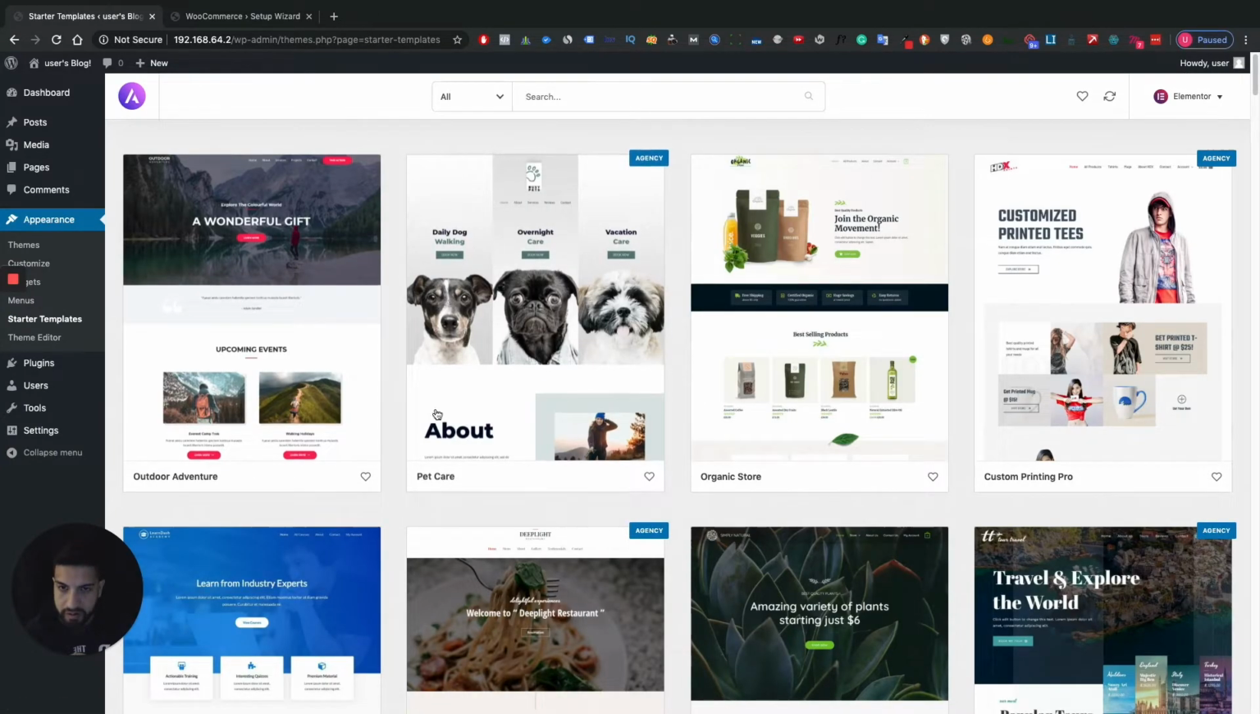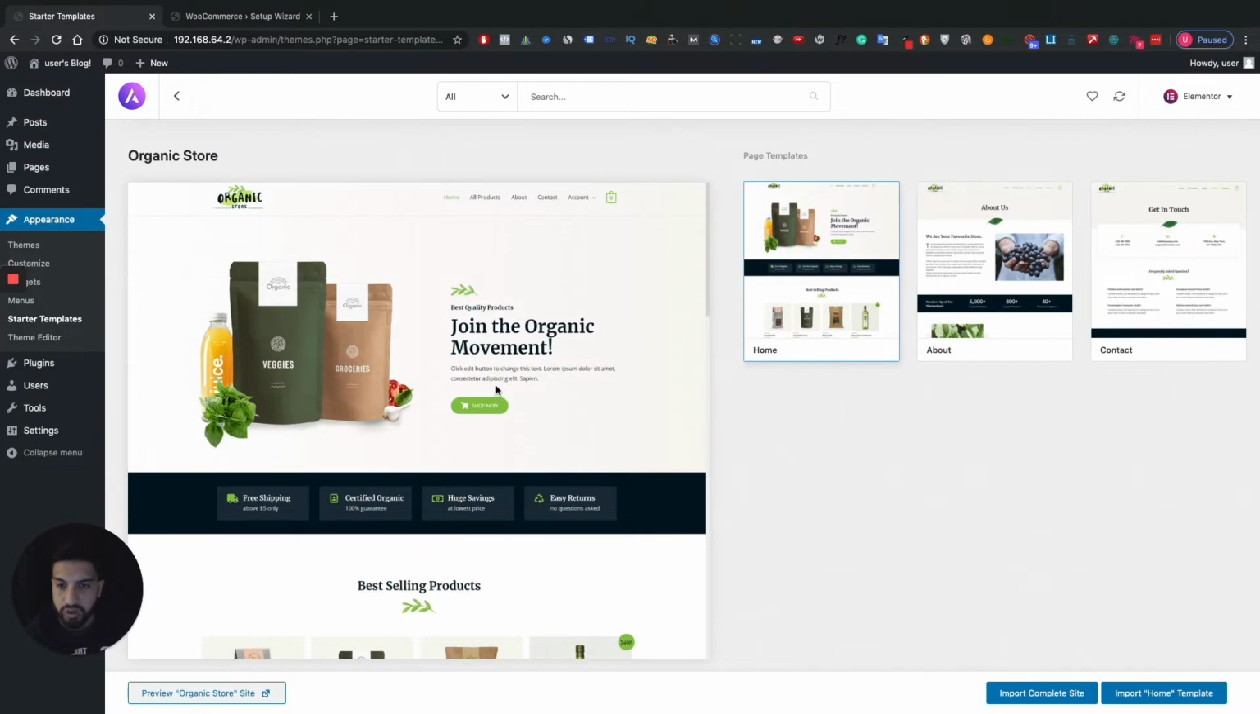Since I already installed this before, usually whenever you click on starter templates, it's going to ask you to click on either Elementor or Beaver Builder. You're going to want to click on Elementor. And if you're not sure how the Elementor logo looks, I will show you right now after installing this template here. So